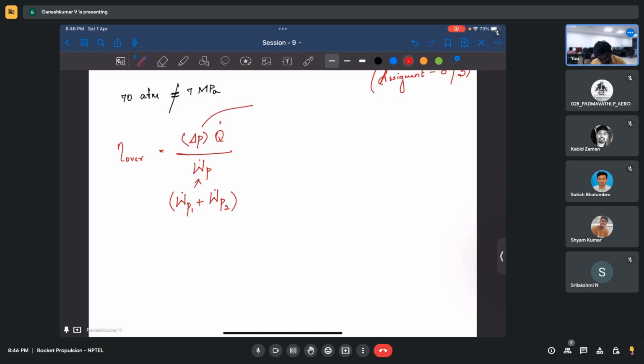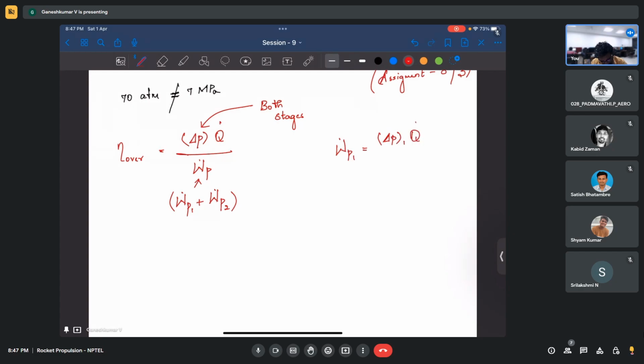This delta P is actually the net delta P that both the stages gave you, what the pumps gave you. Okay, let's say had it been given separate stage efficiency, not net efficiency, how would things change in that case? So what is your interest? You need to find work done. So work done of one stage is going to be delta P in that stage times Q dot,